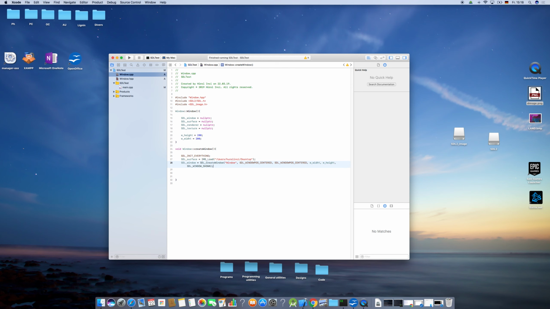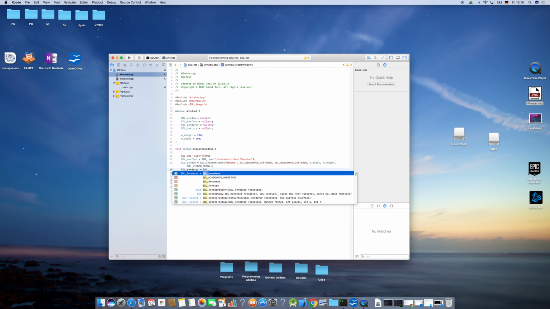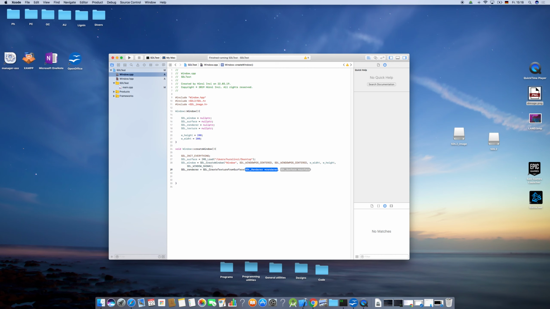Now, we created the surface, we created the window, now we have to create the renderer and the texture. So you're gonna say for the renderer equals SDL create renderer from surface. Since we have created the surface, we can say, oh, this is the texture I just opened, eh? Well, whatever, we're gonna need it as well, so let's say texture here and go to the SDL renderer equals